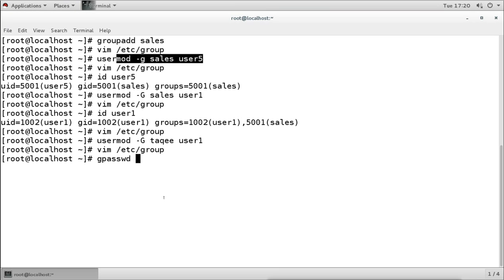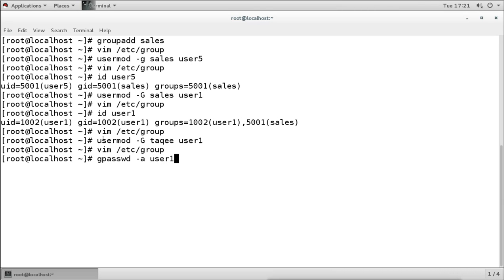For adding the user into some group, we use the -a option with gpasswd. Now user1 is right now a member of this group. Now I will add this user into another group. For example, this time I will mention the username first.